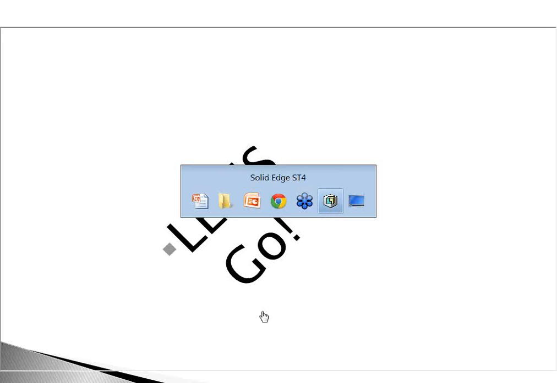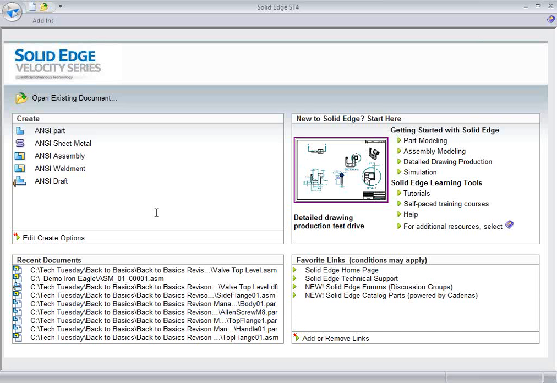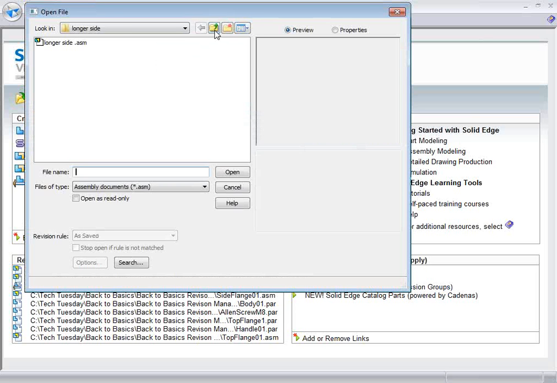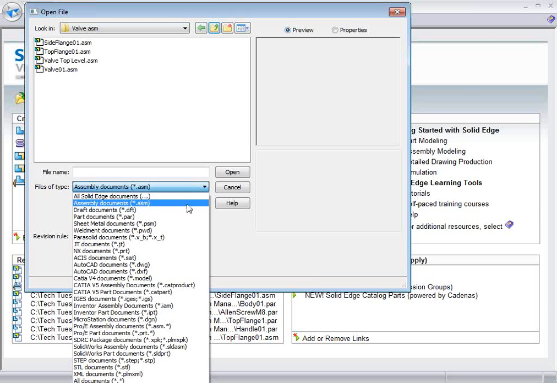The first thing I want to do is look at the two different ways you can get to Revision Manager. There's actually 3, but we're going to look at 2. One is by going to Solid Edge and wanting to open up a file. In this case, I'm going to go to my valve assembly, and the top of the document food chain